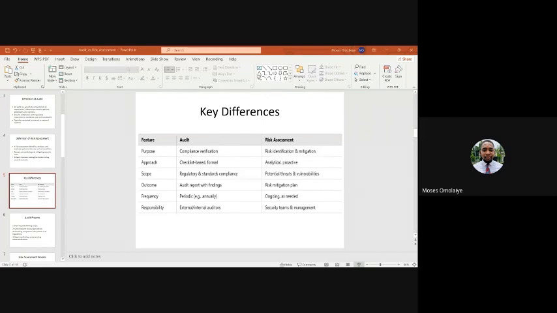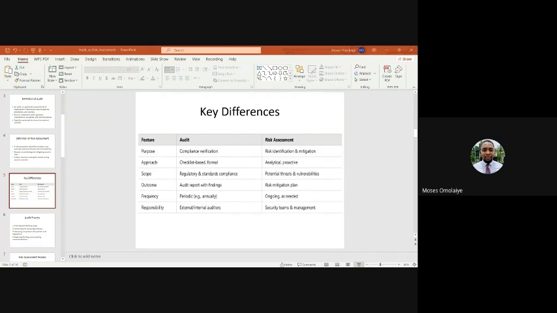So we had established in the last session that when you're establishing an information security management system, it is first of all a management issue. It is more of a management issue than a technical challenge, because management would give direction. Policies have to be approved by management. The scope of your information security management system, how deep it goes, how wide it goes, management has to give that direction.